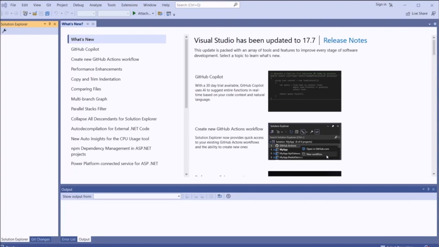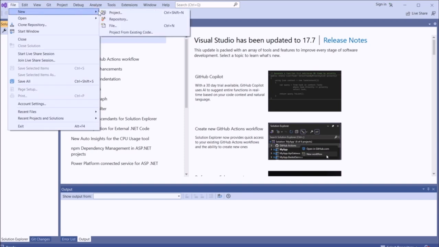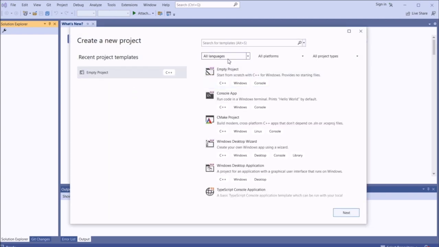Hi guys, in this video I show you how to create a new C++ project in Visual Studio. With Visual Studio open, go to File, New and Project. Under all languages, select the C++ menu item. Then with Empty Project selected, click the Next button